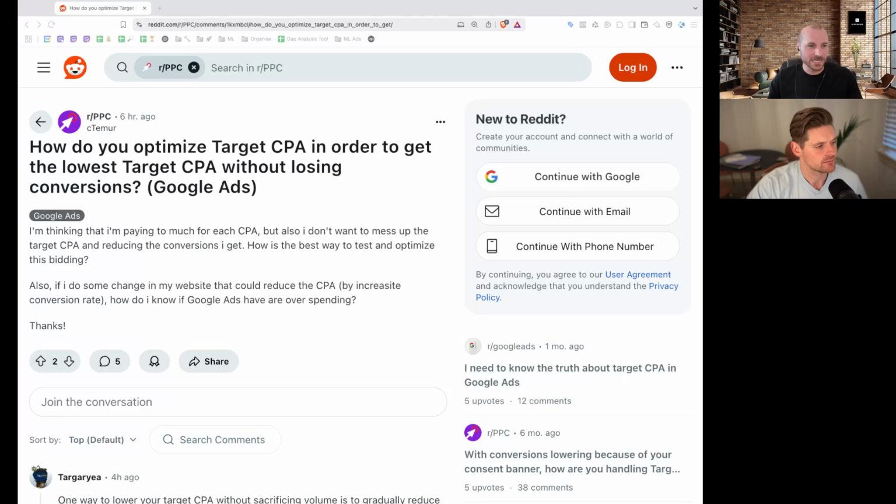But when you're asking, how do I know if Google Ads is overspending? Well, I guess that's relative to whatever top limit you're comfortable risking or investing in this venture that is Google Ads. But in terms of overspending, it's more about framing the question of, am I paying more than I profitably can for a lead or a sale or whatever it is? That's the real bigger question.